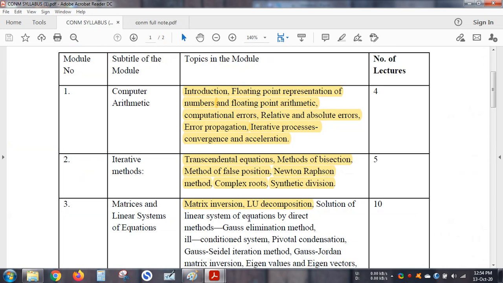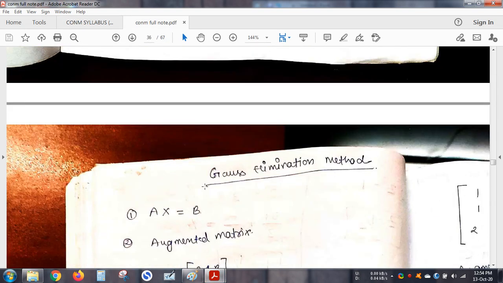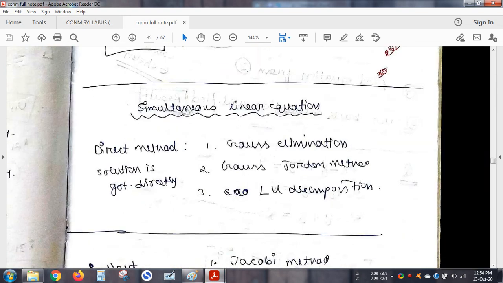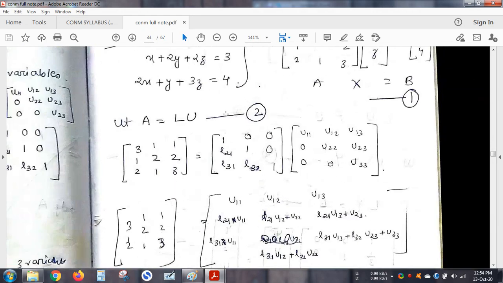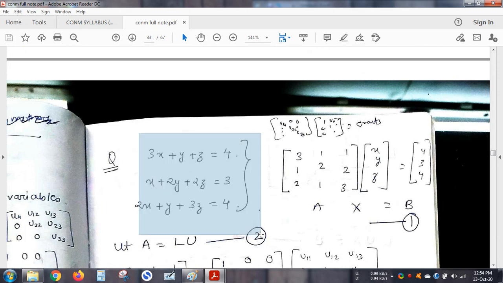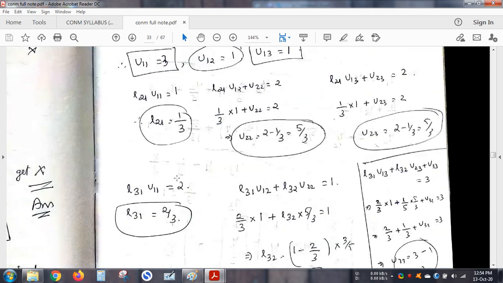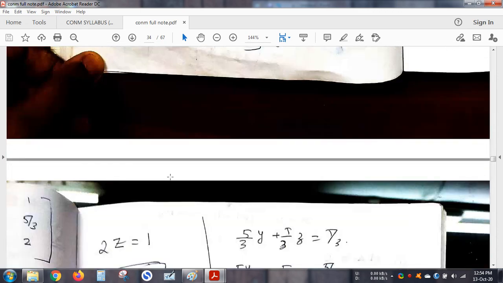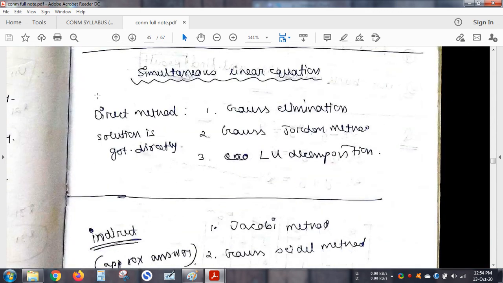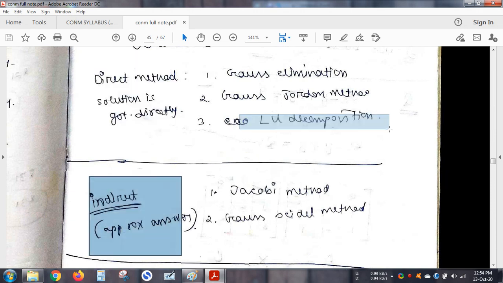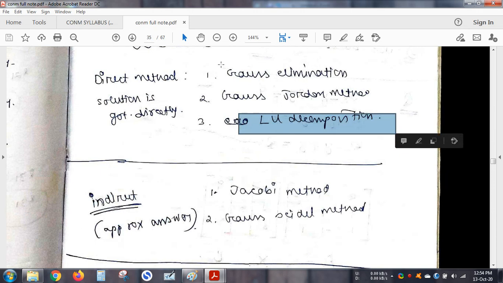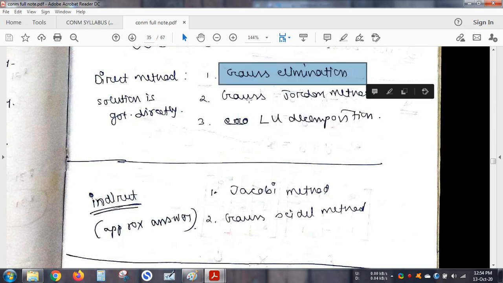Before we start the basic elimination method, let me just highlight a few points to you. When you have a set of linear equations, so what are linear equations? These are the linear equations, such kind of sets. There are three equations now, so this set of equations are linear equations. When you have such kind of linear equations and you are asked to solve, you can solve it by using the direct method or by the indirect method. In the direct method, we have already seen the LU decomposition in our last class. Today, we will see the Gauss elimination method, and then we will see Gauss solving method.